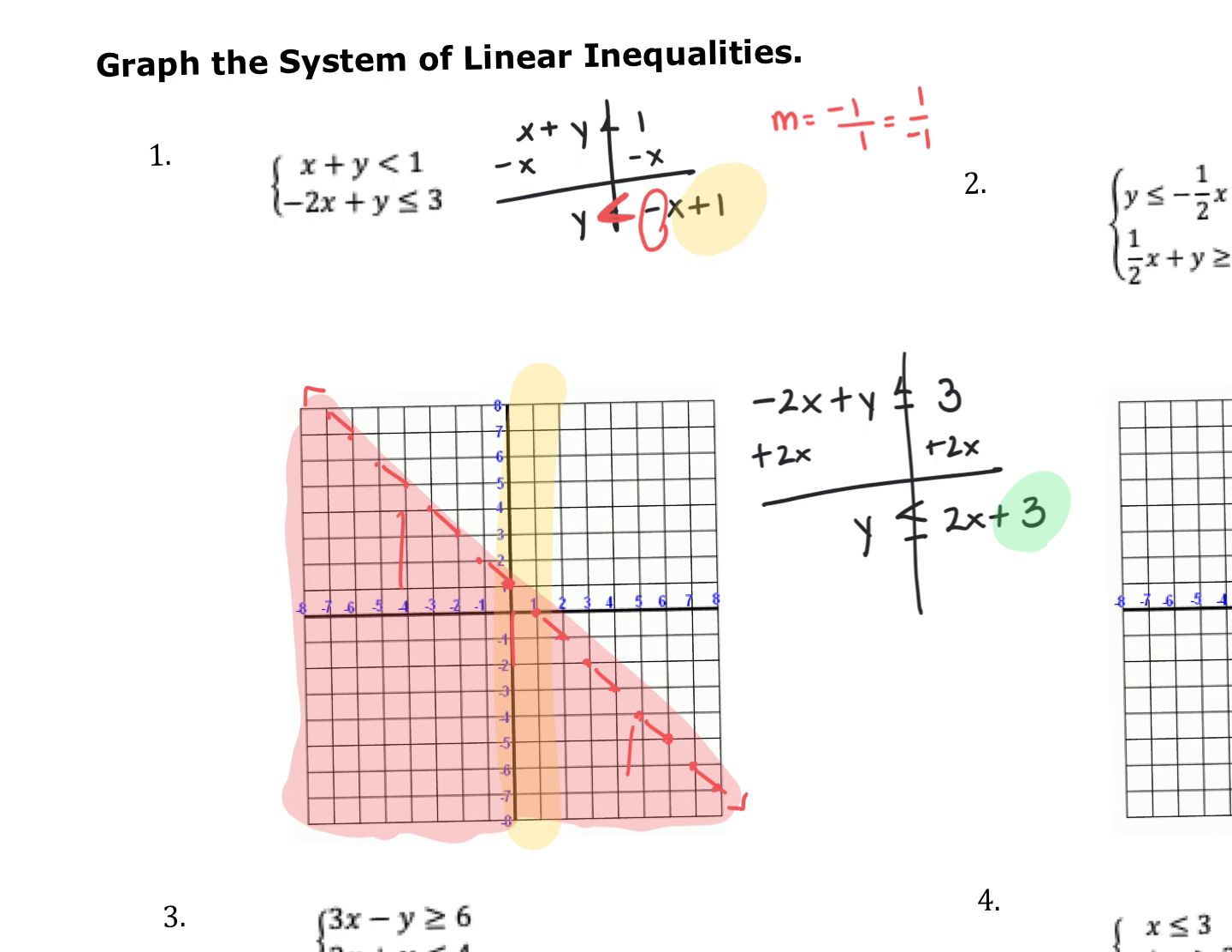So I'm going to start with this positive 3. That goes on this line, so my first point goes on a positive 3. And then here is my slope. My m is going to be 2. I don't have a bottom number, so it's over 1. So I'm going to go up 2